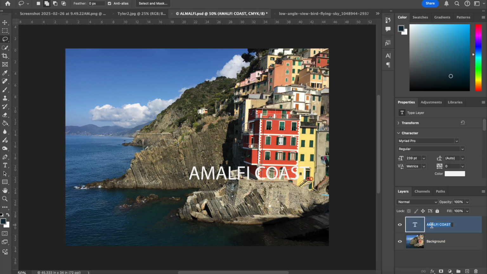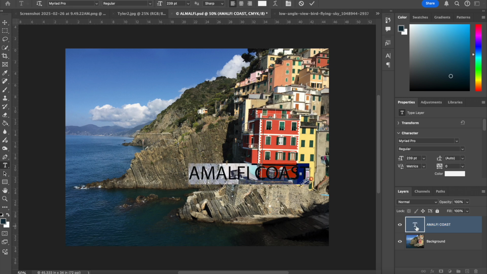I'm not going to change the name here, but I am going to select it by clicking on the T in the layer thumbnail, and if I double click on that, it will automatically select the text for me. Now what we're going to do is change our font, and then align it. So we are going to change our font to